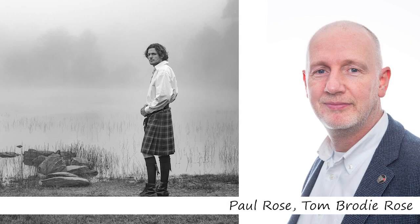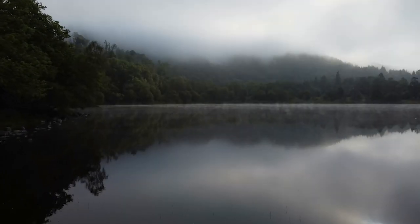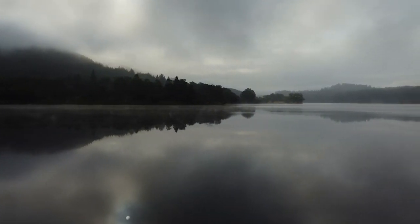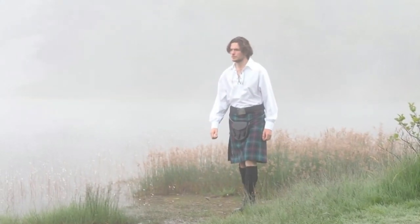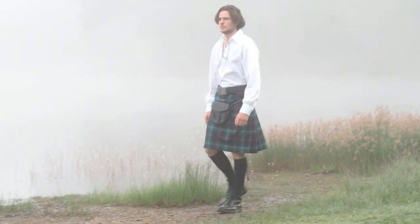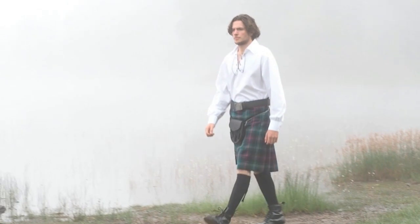My name's Paul Rose. This is a portrait of my son Tom. Tom wants to be an actor, and so we needed to take some photos for his portfolio. So we headed up to Loch Achray in the Trossachs early one morning in July 2021. We got there very early, and as you can see here, it was particularly misty, which added great atmosphere to